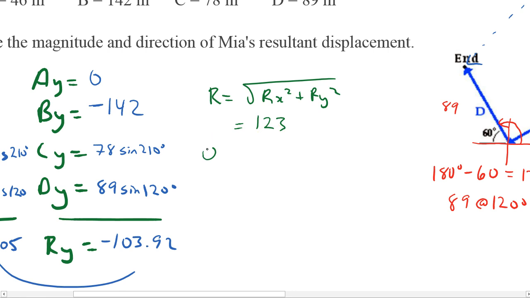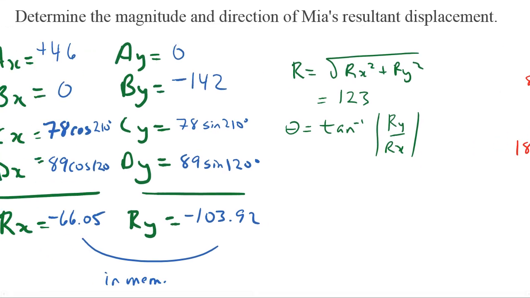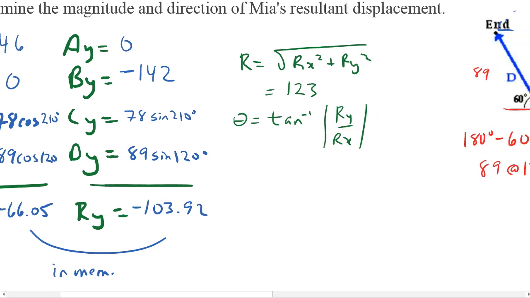My theta is going to be the inverse tan of the absolute value of the y over the x. Again, since they're both negative, I don't have to worry about ensuring that it's going to be positive, because a negative divided by a negative is a positive. I get 57.56